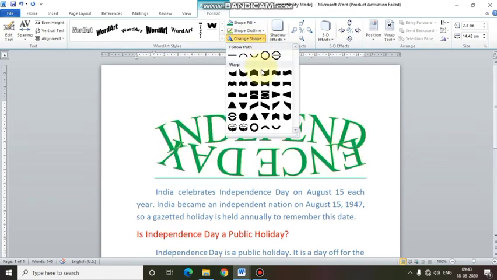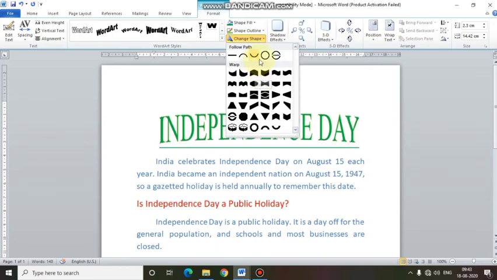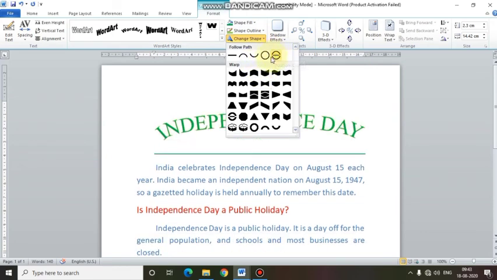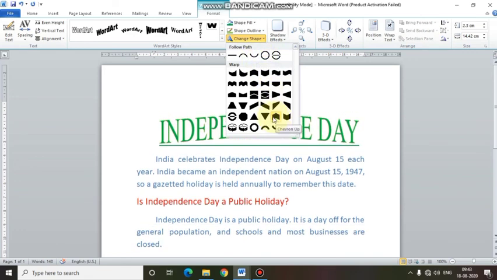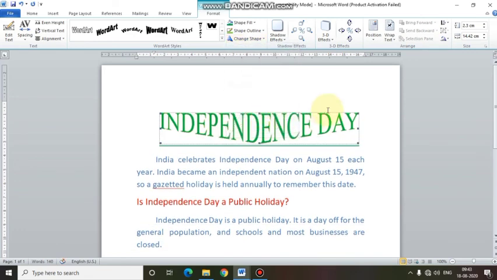You can change the shape also of the word art like this. So in this way you can enhance the look of any text or word in your document. It will help you to make your document more attractive.